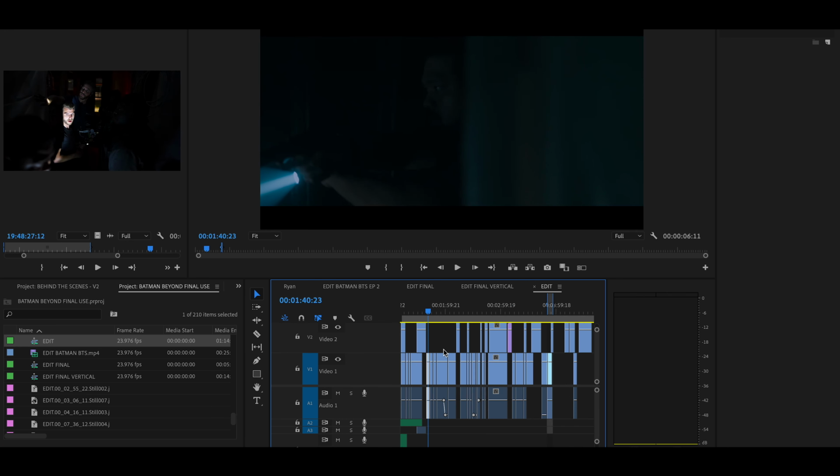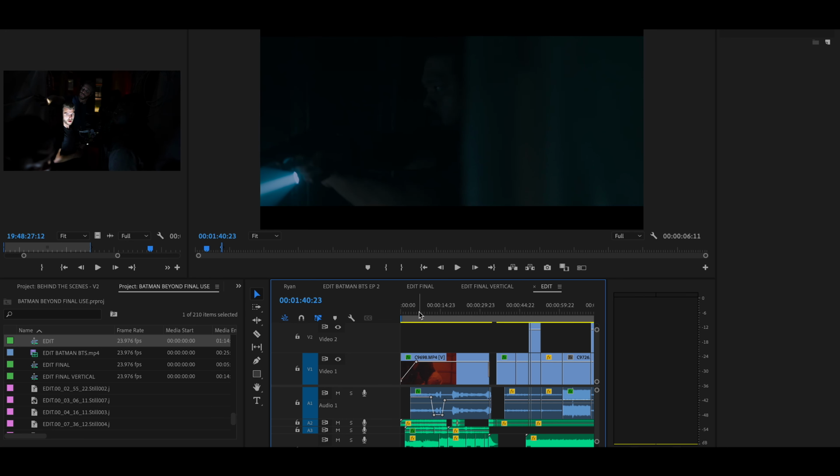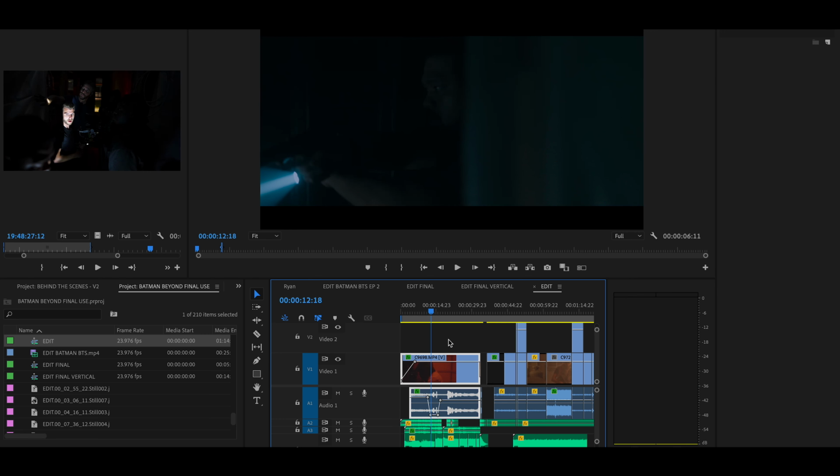So the first was doing the edit. The edit kind of assembled quite easily because I had it in my head. And the thing that was the cheat code was I didn't use any audio syncing in the post-production process. It all came in camera, recording it on this microphone, but since it didn't turn out that good,